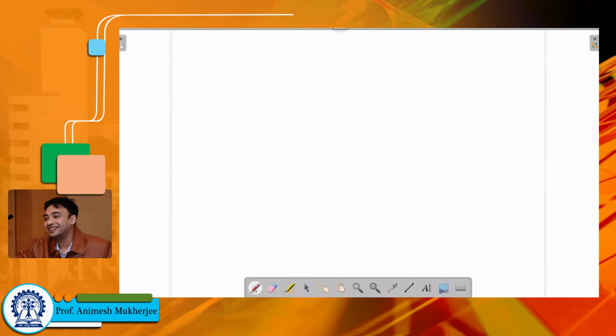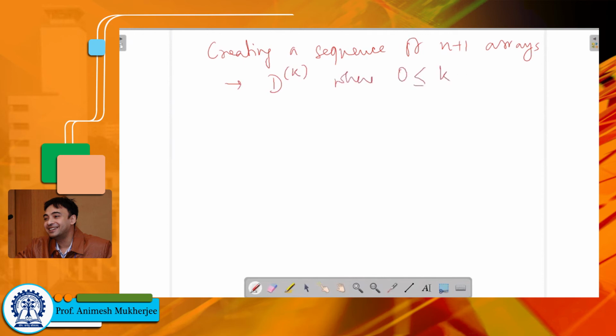Now, how do we attempt to solve this? Okay, so we try to accomplish this by creating a sequence of n plus 1 arrays. Okay, each of them denoted as D superscript k, where k lies between 0 and n, such that